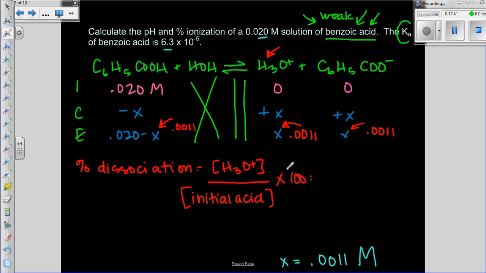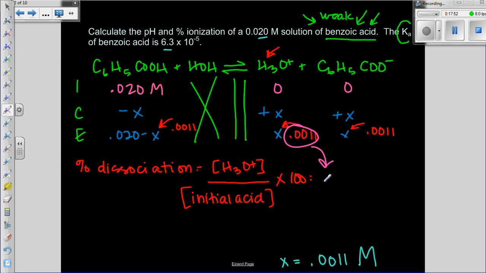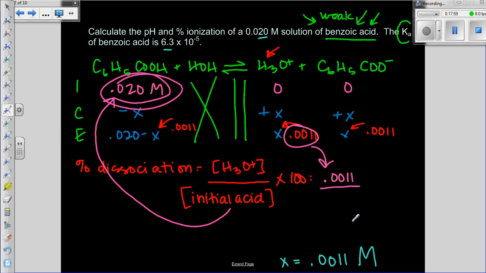So I am taking my X, right there, 0.0011, and my initial concentration of the acid, 0.020, and multiplying by 100. So 0.0011 divided by 0.020 times 100 gives us